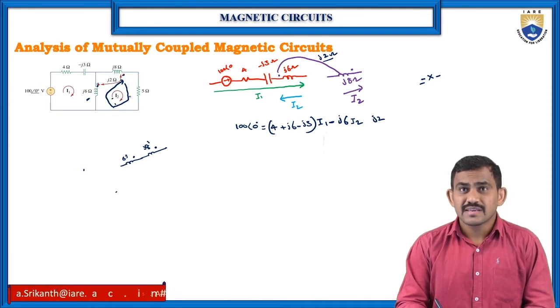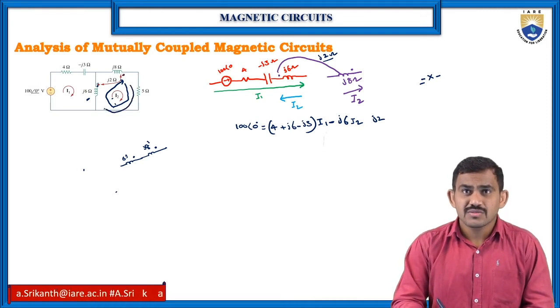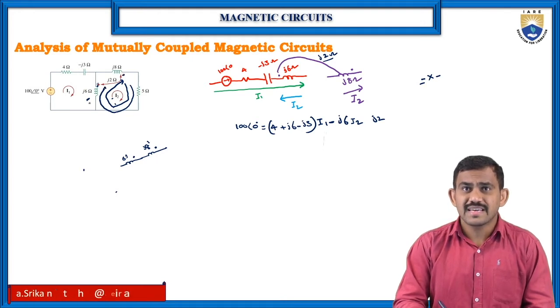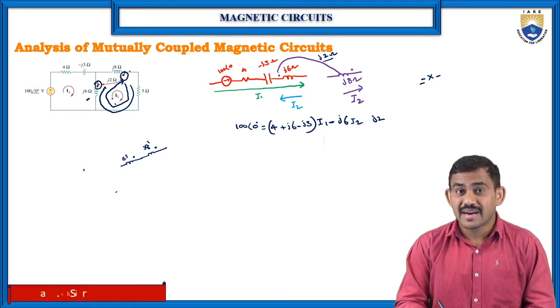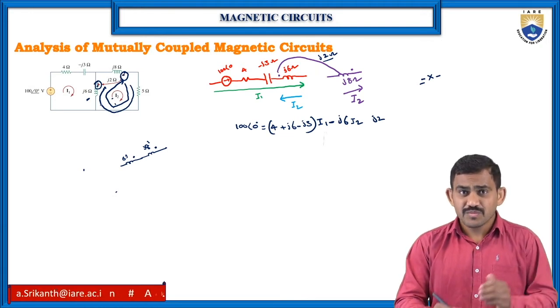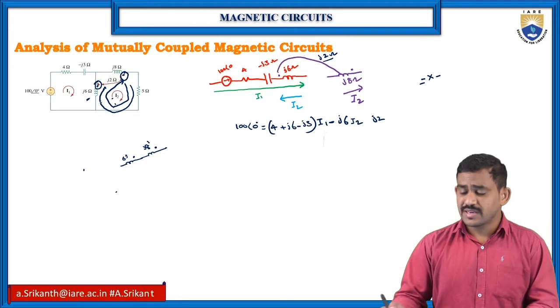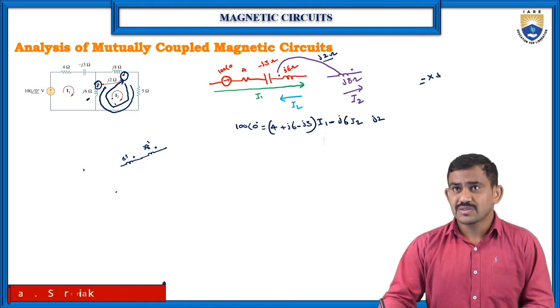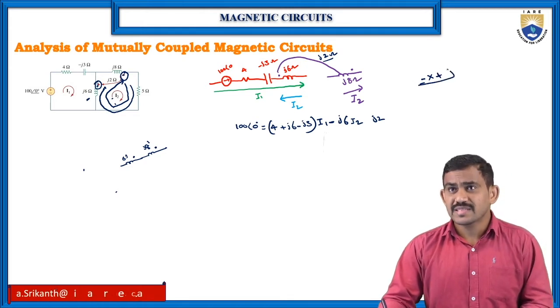So check it now. This is my current direction. So for I2, 6J is at the ending position dot, and 8J also at the ending position dot. Now comparing dot with dot direction, your I2 is the same. So both are at the ending position, so you need to write the plus value, not minus. So minus into plus, we have the minus.